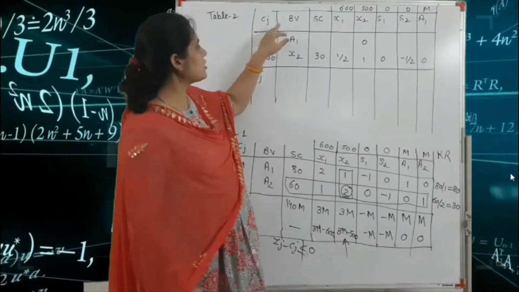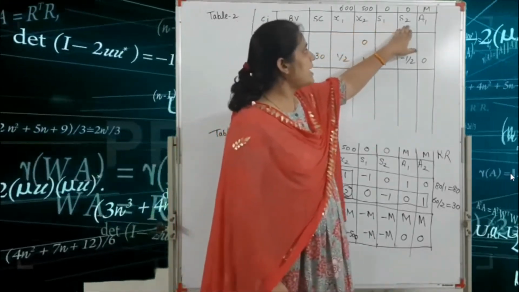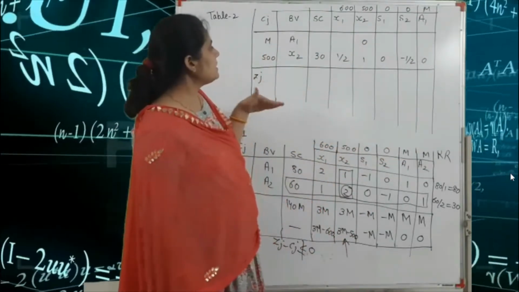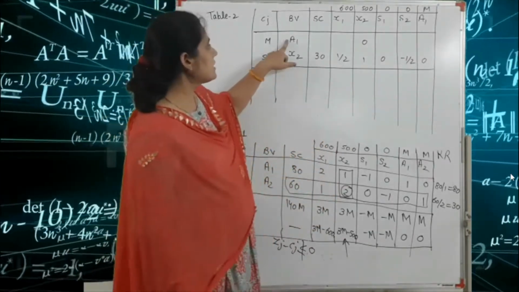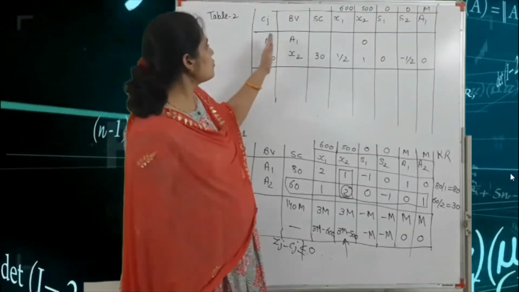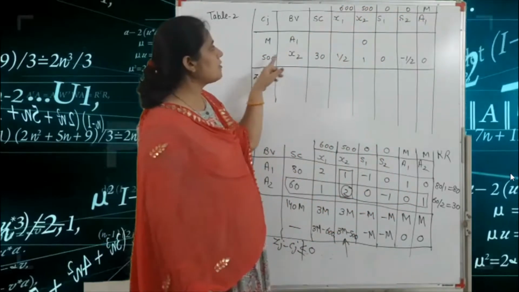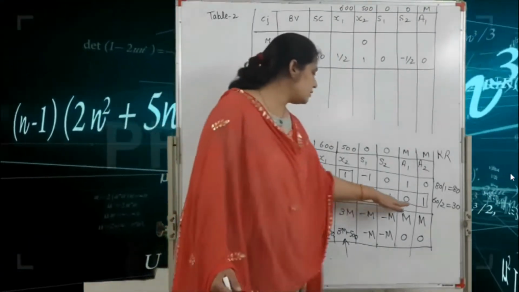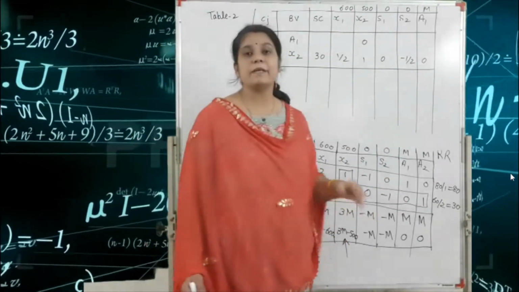Okay, so we write here Cj, Bt, solution constant, x1, x2, s1, s2 and a1, because a2 variable is new and x2 variable is entered according to our table 1. So we write a1 as it is, and in the place of a2 we write x2. The coefficient of a1 is equal to M according to this objective function, and the coefficient of x2 is 500. This row is the key row and this is the key column. The intersection number, that means the key number, is 2.